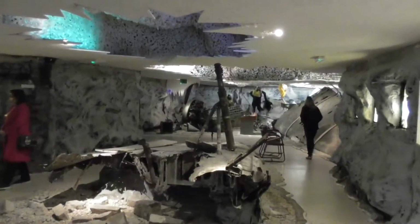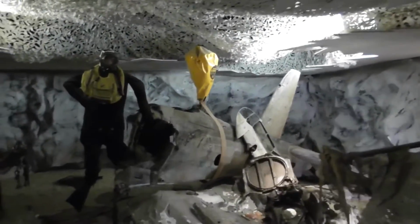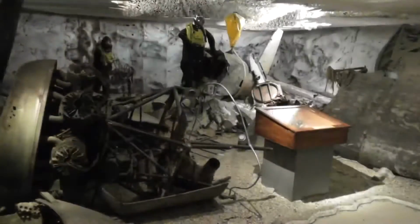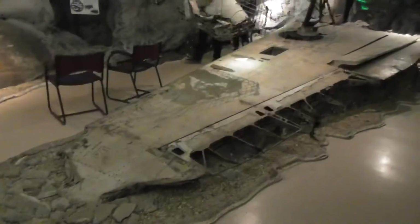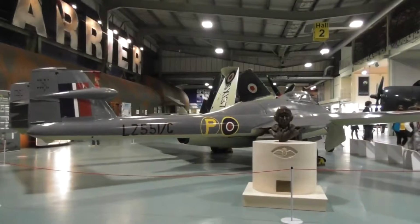Now the Skua, which was the first dive bomber designed for the Fleet Air Arm, and it was a Skua aircraft from HMS Ark Royal which shot down the first German aircraft in World War II. It had shot down a Dornier. Skuas sank the German cruiser. The raid started in April 1940 in Norway. We crossed the coast, the three aircraft I was leading at about 11,000 feet, when suddenly my observer